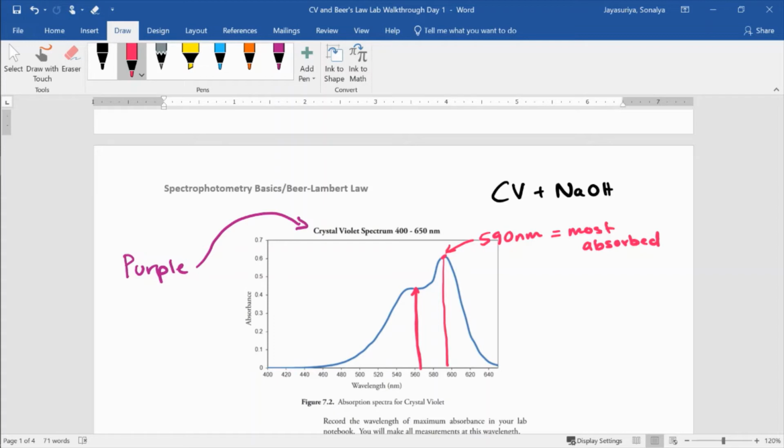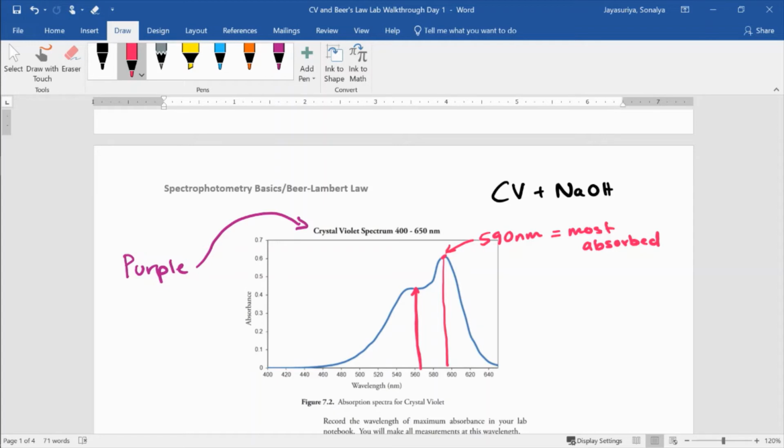Okay, so reason one, we want only the light that is absorbed passing through the filter and into the solution, because other wavelengths of light will mess with our data in terms of transmittance. And then secondly,